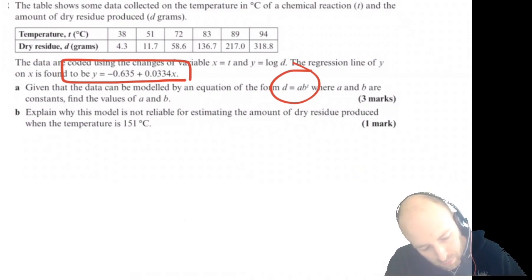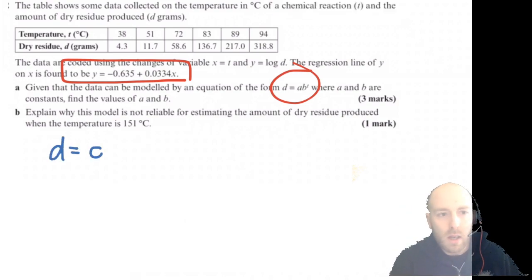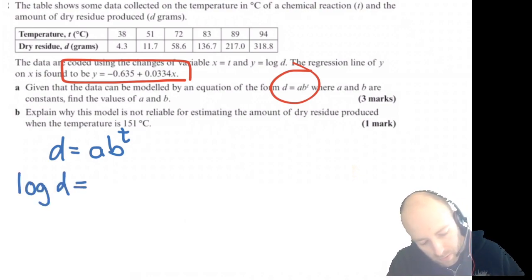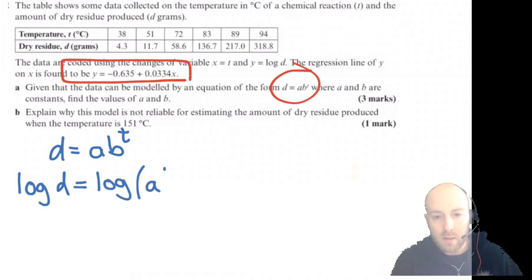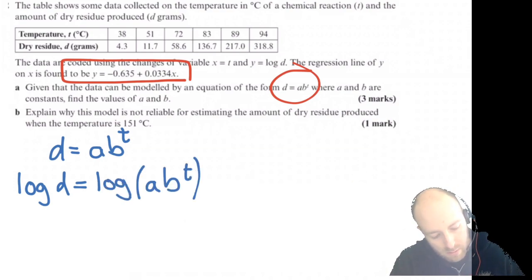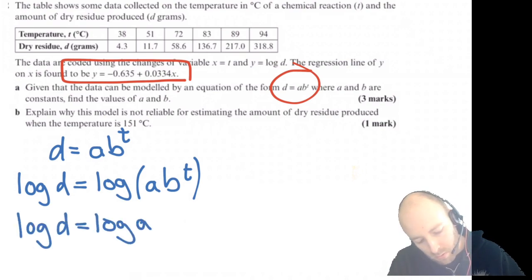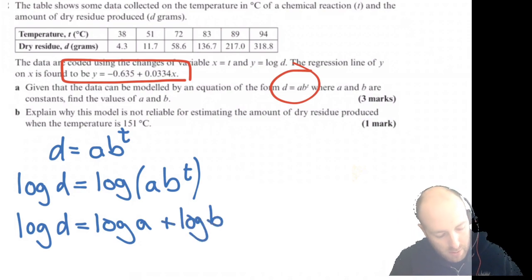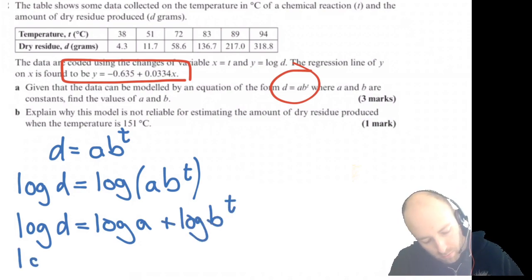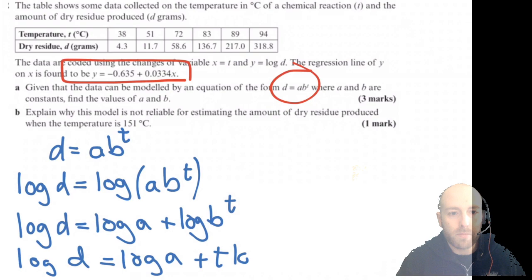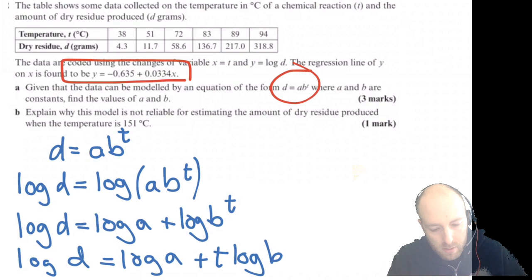So d equals a b to the t. So we're going to split this up and take logs of everything. So log d equals log a b to the t. So we get log d equals log a plus log b to the t. And we use the power rule on that to get log d equals log a plus t log b. Cool. All right, so now we can compare this equation